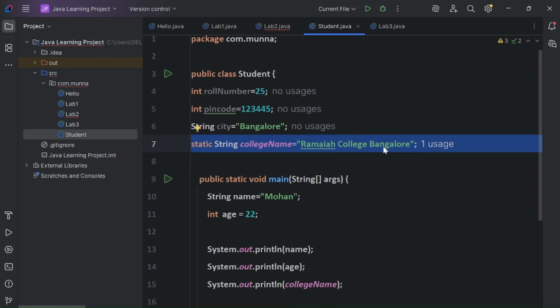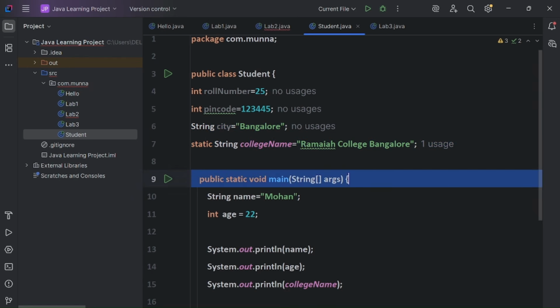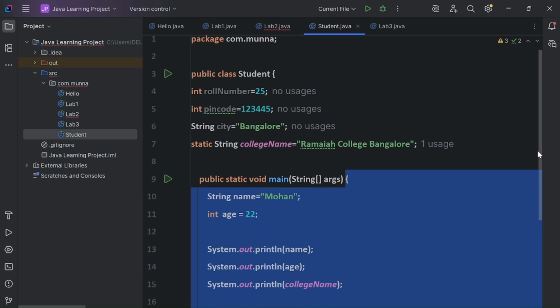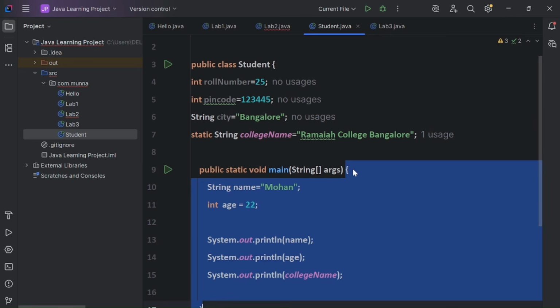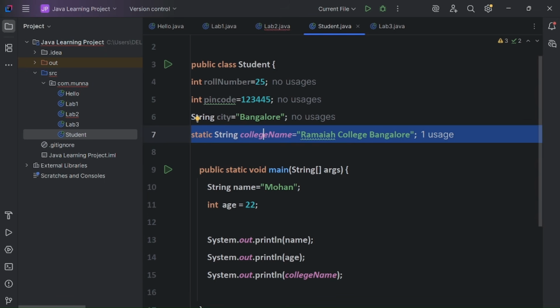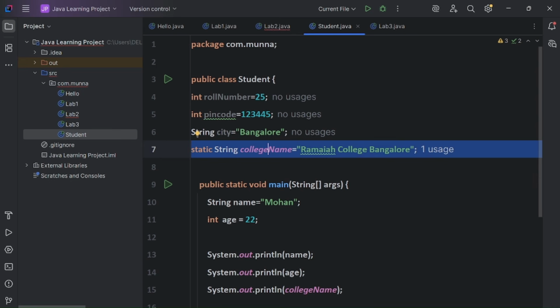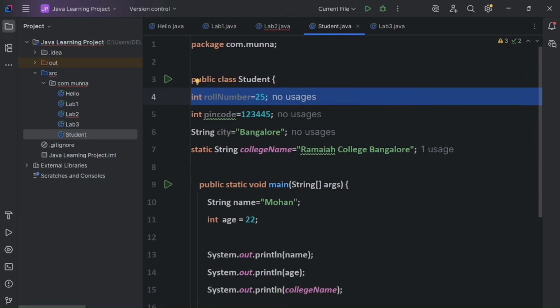But this is the static variable. A static variable can be directly used anywhere in a method, in a block, in a constructor, anywhere. It can be used directly with the class name itself, no need to create the object. This is global for all the processes, blocks or methods in the application. The static variable is the global variable, it can be used directly anywhere, but instance variables are specific to the object.